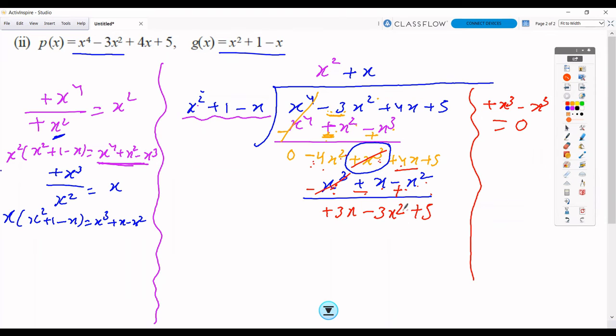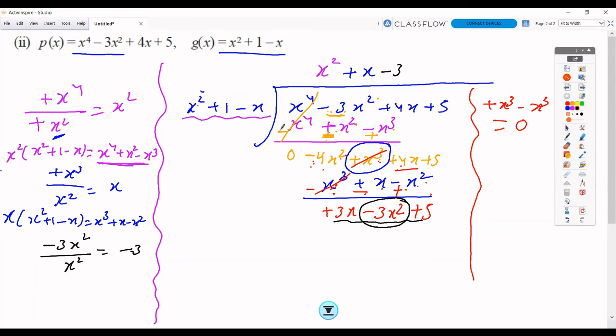Okay. Now we must see whether we can divide it or not. So the degree of this expression is 2, the degree of this expression is 2, which means this can be divided. Okay, so once again we are going to do the third step. Third step, the highest power is this one. So the highest power is minus 3x², and the divisor's highest power will be the same, x² itself. This cannot be changed. This will always remain the same. So minus 3 is the answer.